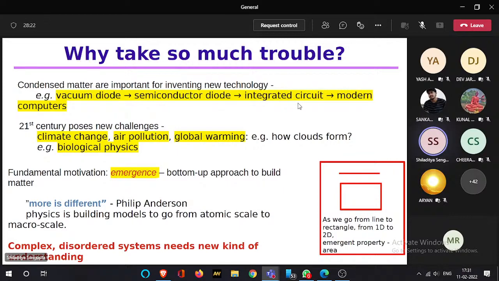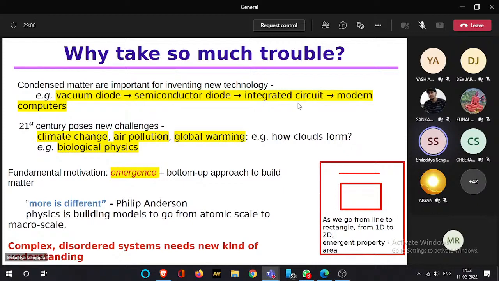The other part is something specific to the 21st century. The 21st century has its own challenges. The biggest challenges are climate change, air pollution, global warming, etc. And there are a lot of questions that are unknown. For example, to understand climate and global warming, one of the very basic questions, something Professor Roddam Narasimhan told me, a very great fluid dynamics engineer,